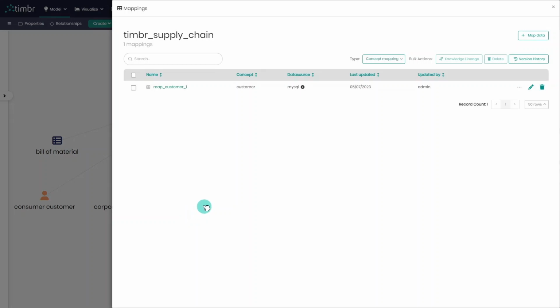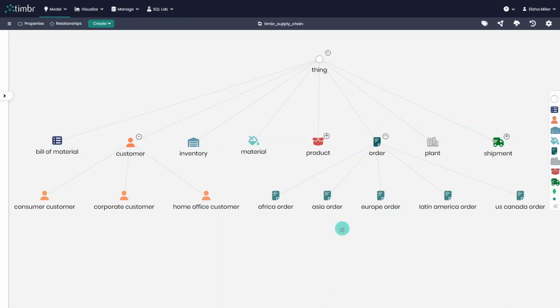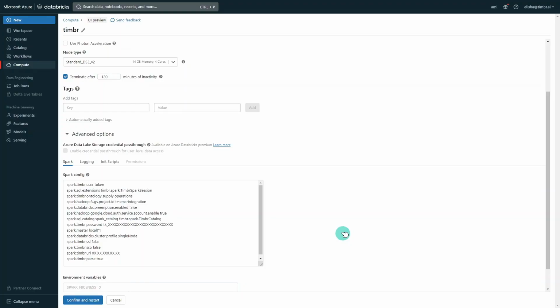data model. It's important to mention that you can also use Databricks data and delta tables as the data source to map to the semantic model. In this case, we are using MySQL. In a following video, we will show how to use delta tables as the source of data for the Timbr semantic models. For now, let's move to the Databricks UI and see how we can establish the connection to this